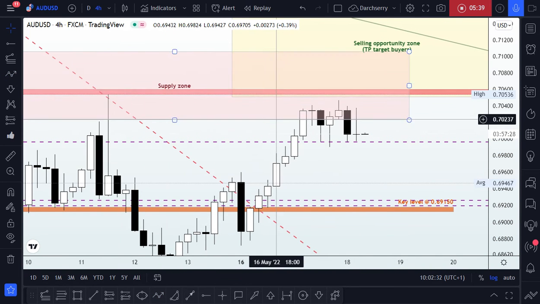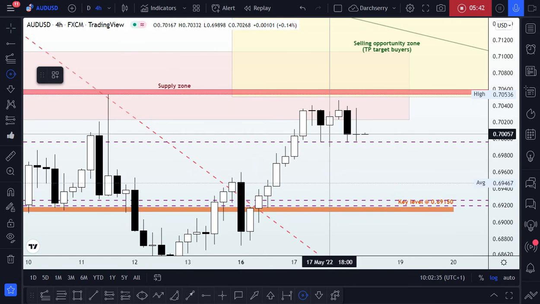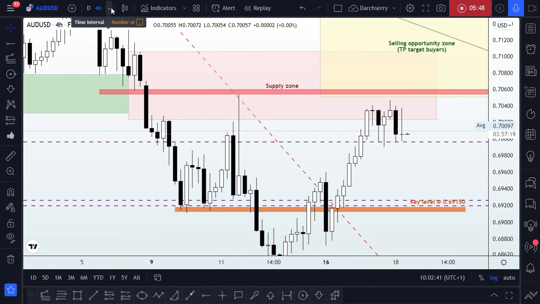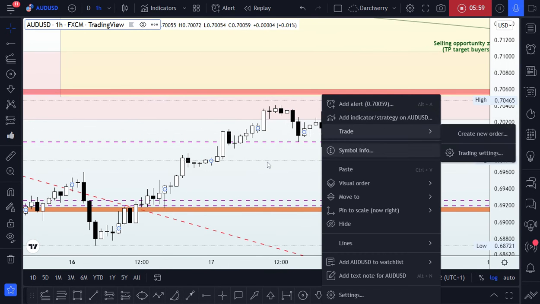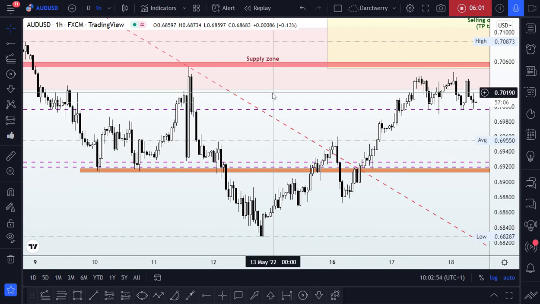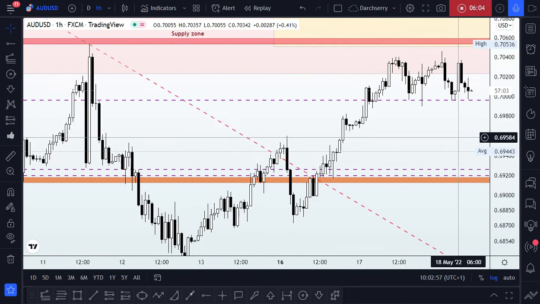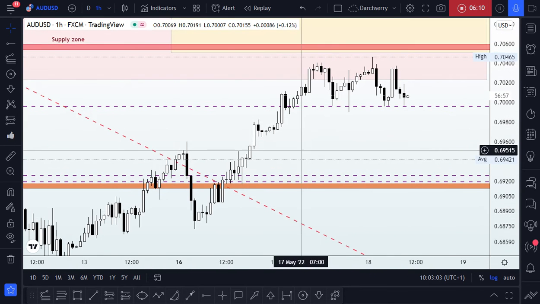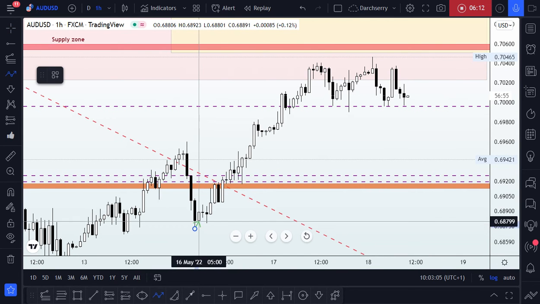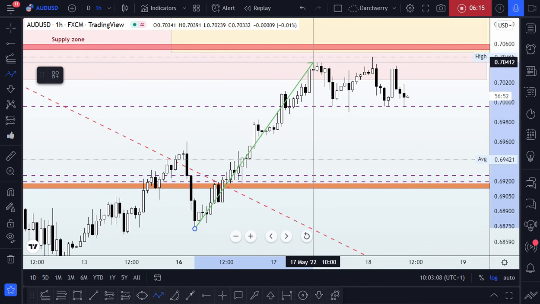So to get more picture into what is happening within this area, we really need to scale down to a much lower time frame to see how we can take advantage of a selling opportunity if it finally happens. So scaling down to a much lower time frame, let's say the 1 hour time frame, then we are definitely having something like this playing around here. Zooming into the structure presently, we have a scenario where we saw this impulse leg, and then as soon as price touched 0.704425